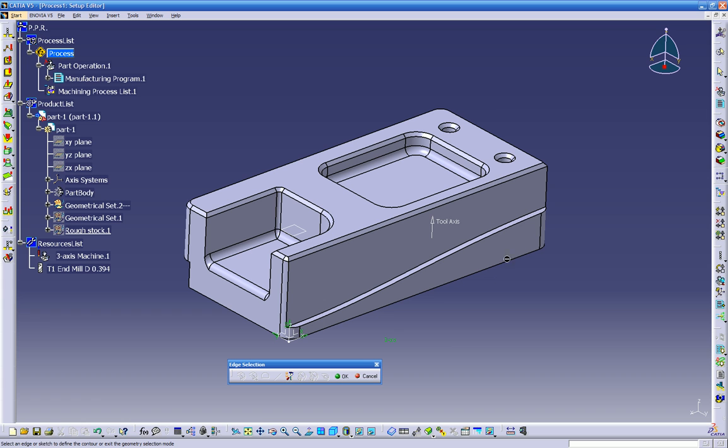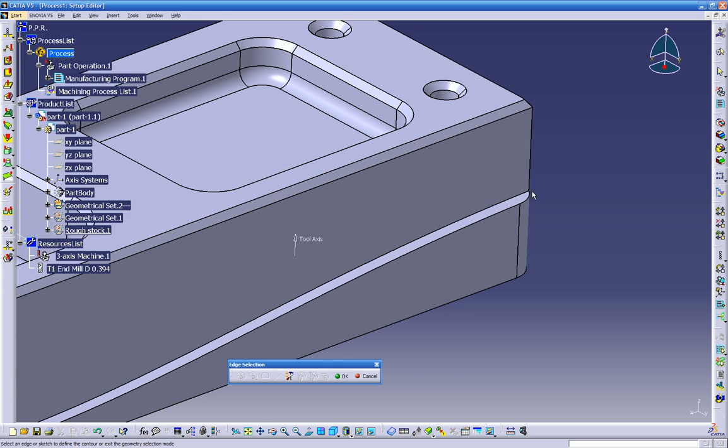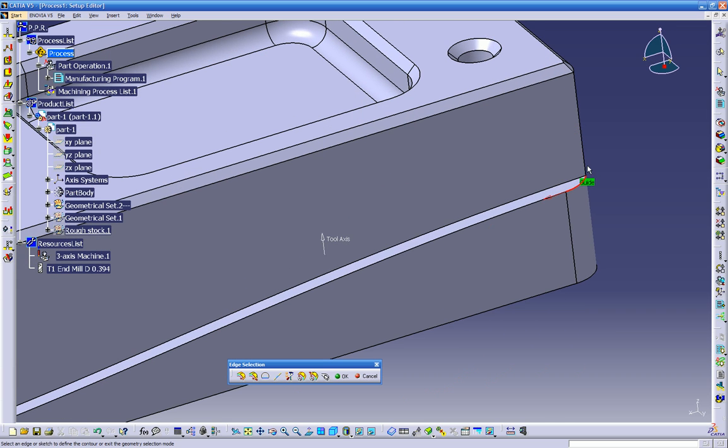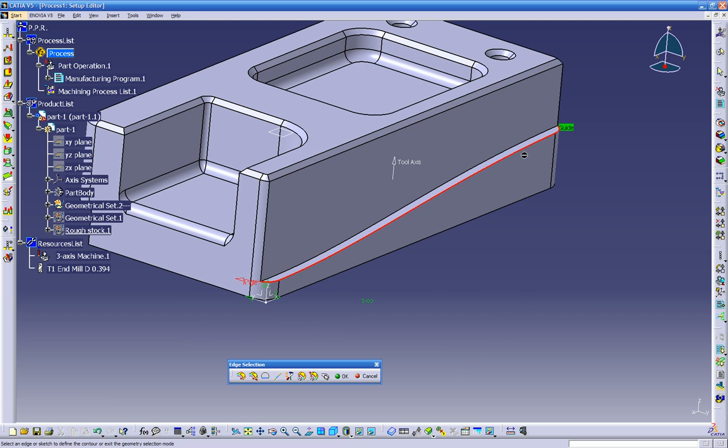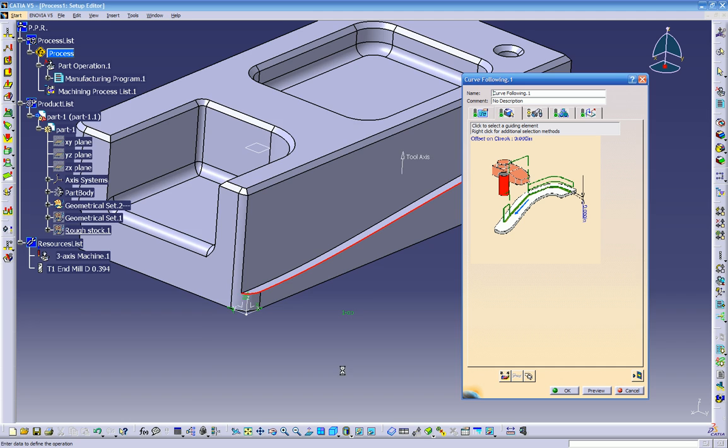So for example, let's have the tool coming on this curve right here. So let's change the direction, and we can put navigate on belt of edges. Automatically just follows it around, and it stops right there. Just click OK,